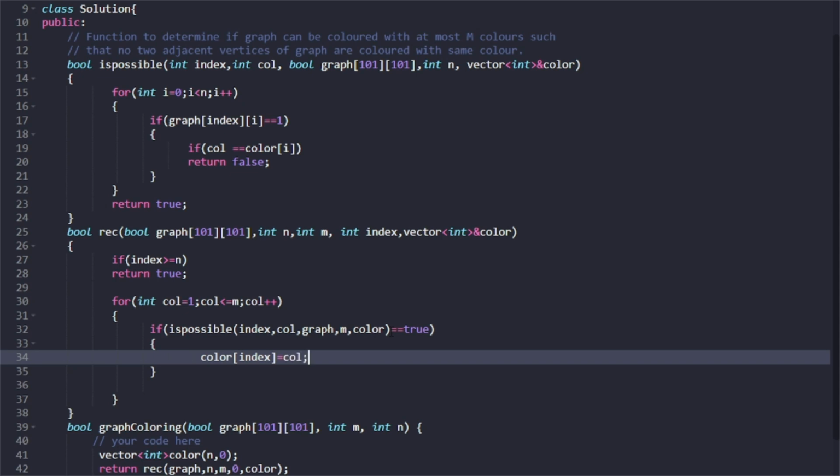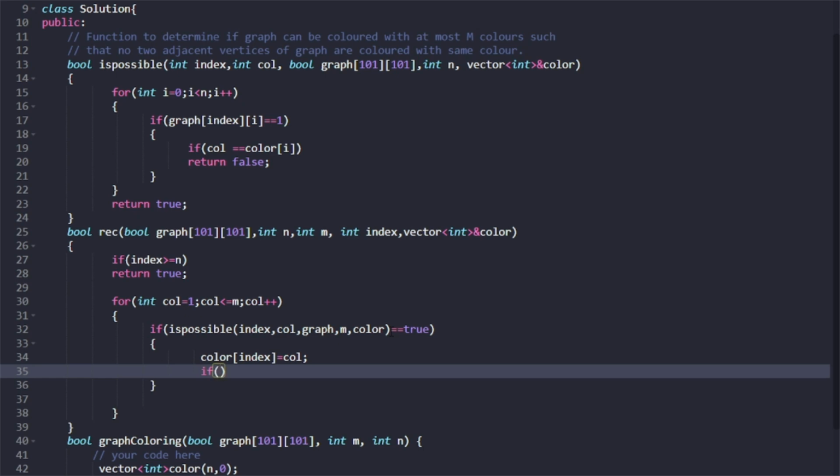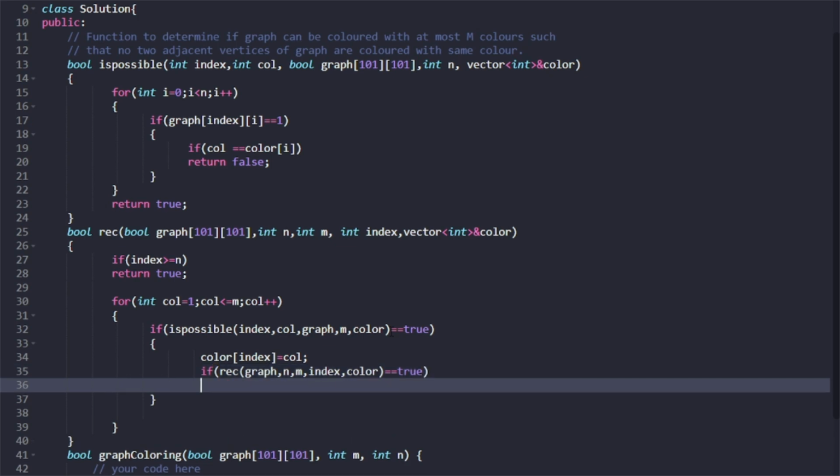Then we'll pass this recursive function, and we'll pass the graph first, then n, m, the index as well, and the color array along with it for the next call. Let's suppose we call it and it returns us a true. If it indicates that it is actually possible,